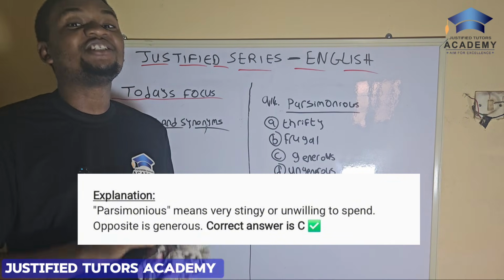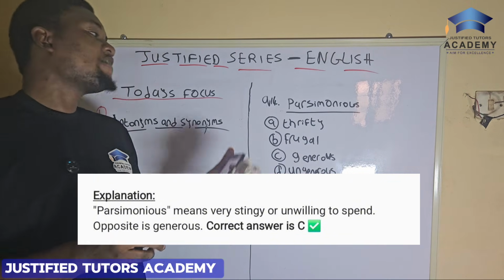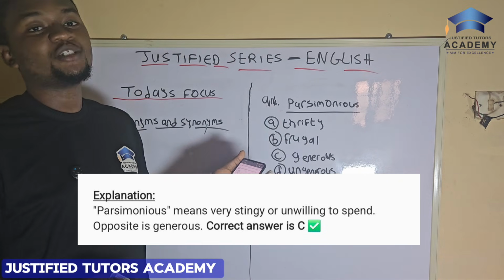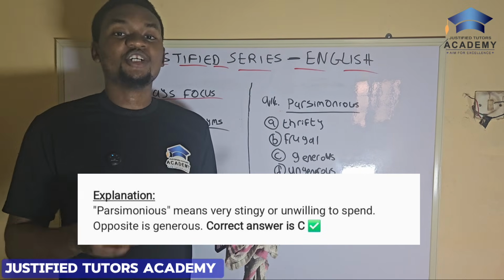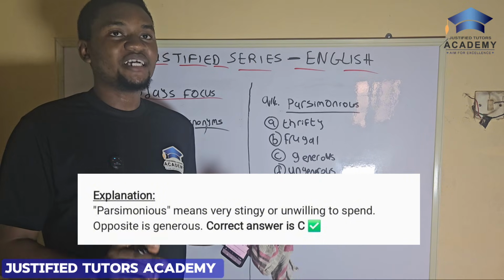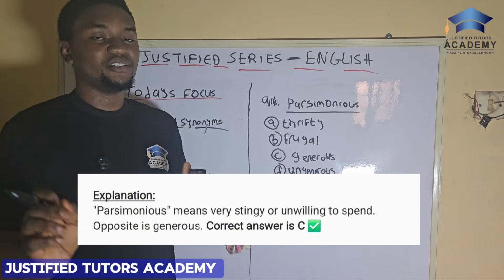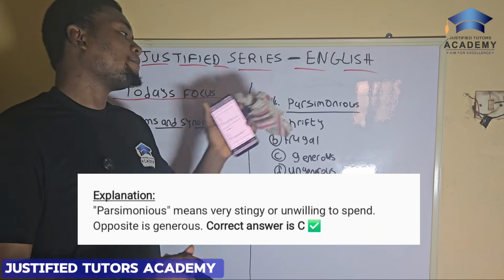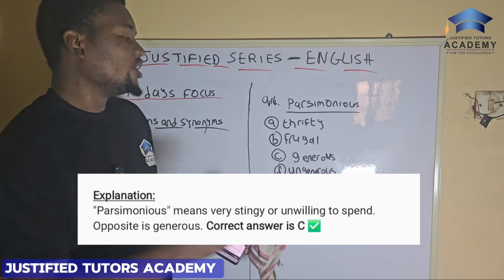That means the person is stingy. So if the girl says, my father is parsimonious, it means that her father is stingy. He does not want to spend. You get. And the most nearly opposite meaning to the word parsimonious among the options is